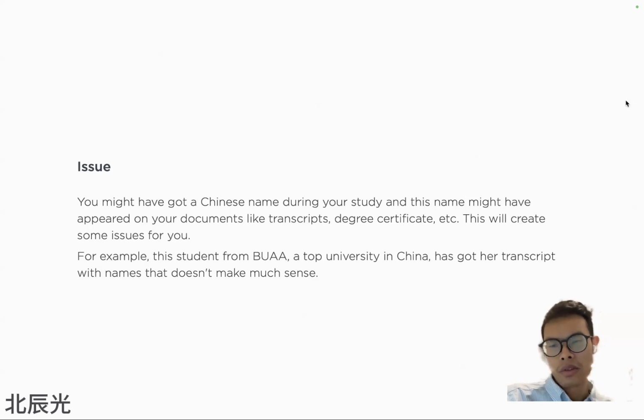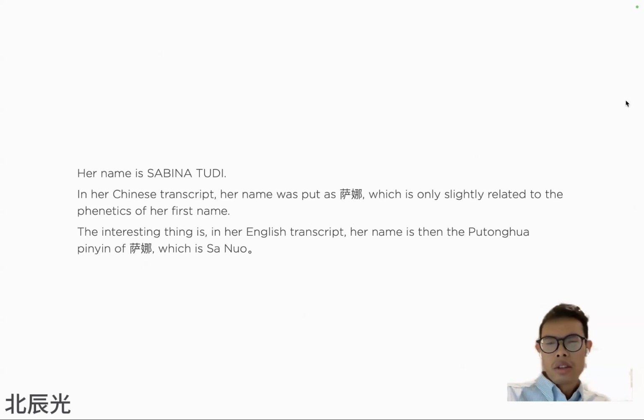For example, these students from BUAA, Beihang University, which is a very top university in China, and you might suppose that they know what they're doing, they're on top of their game, but it's actually not. Let's see what happens to this one. The student's name is Sabina Tudi.